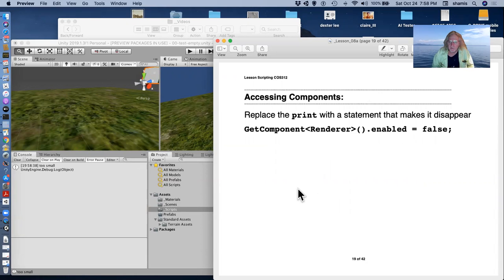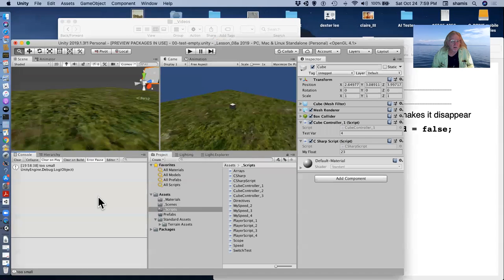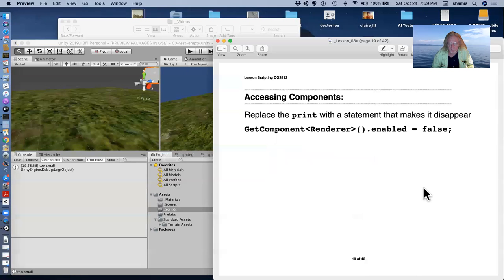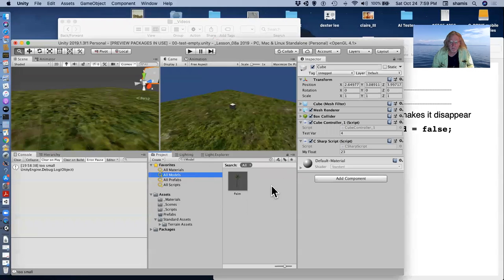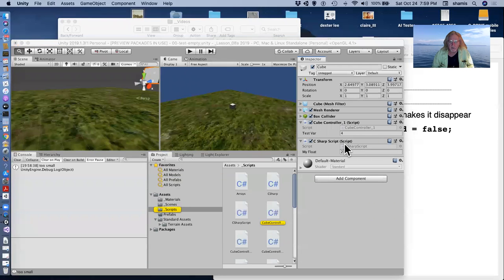We can access various components of our object. I'm going to get the component, the renderer on it, and I'm going to turn it off. So if I get that script,